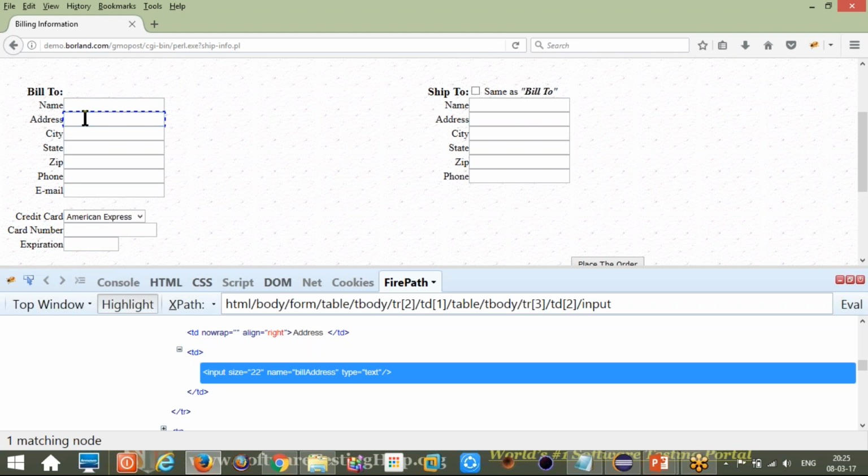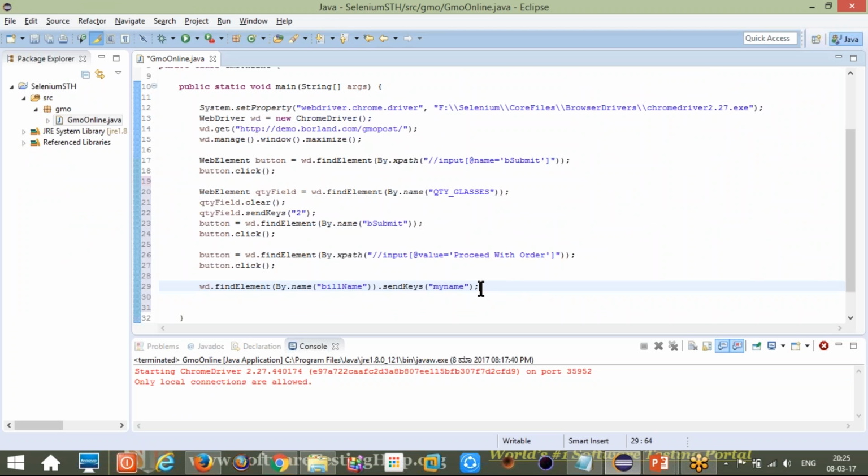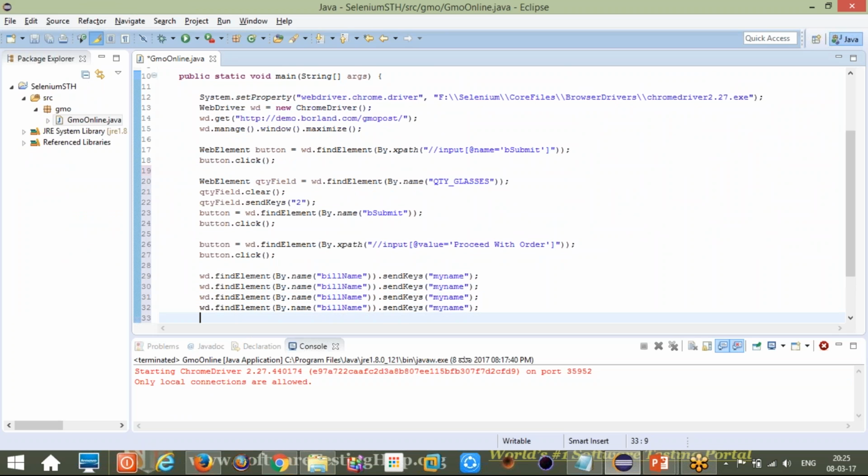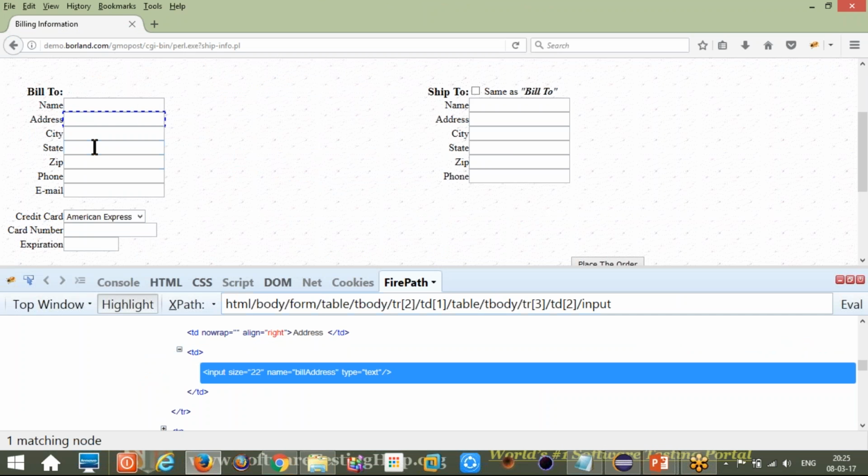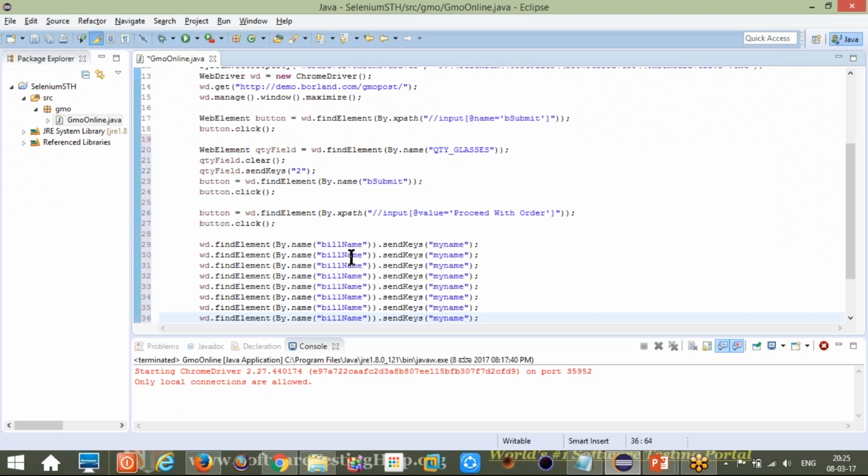Likewise, I have bill address, city, state, zip, phone, email. So it is 1, 2, 3, 4, 5, 6, 7, 8. So I have to copy this 8 times. Because all have a name attribute, I can easily do it. Now all I have to do is change it from bill name to bill address here. So bill address I will give